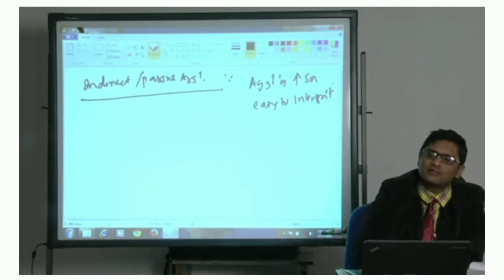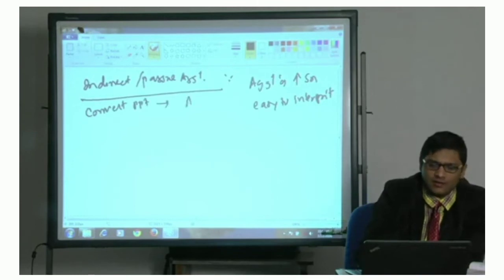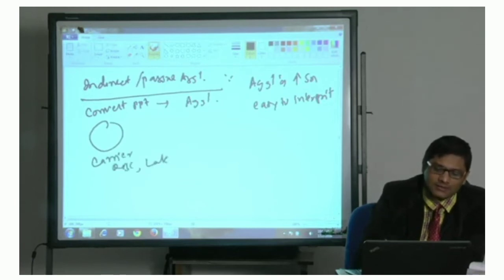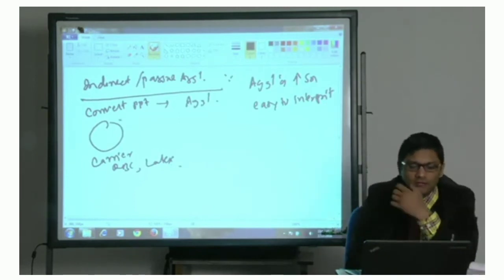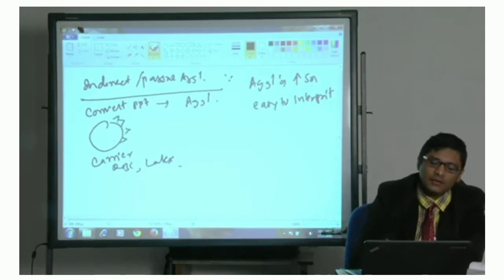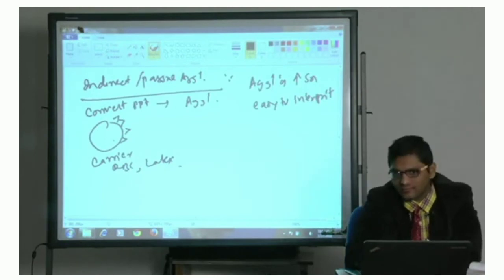That is why they always try to convert precipitation reaction into agglutination reaction. That can be done by using a carrier molecule like RBC, latex, etc., and you can coat the antigens on the surface of the carrier molecule. The soluble antigen